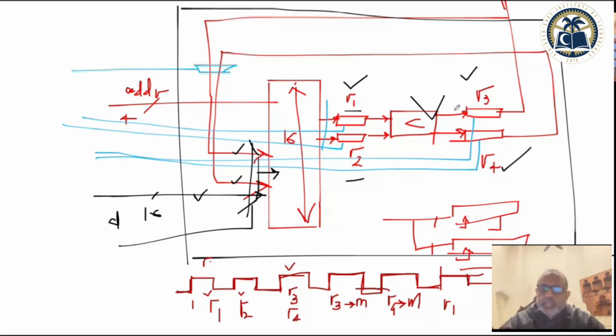So this and this value, we may say this is the large value L and this is the small value S. So the large value has to go into R3 and the small value into the R4 register. So this is cycle number 2, the state machine has 2, and 3 is that I assert the write enable signal into R3 and R4. And then in state number 4, I write R3 into memory and I write R4 into memory, and